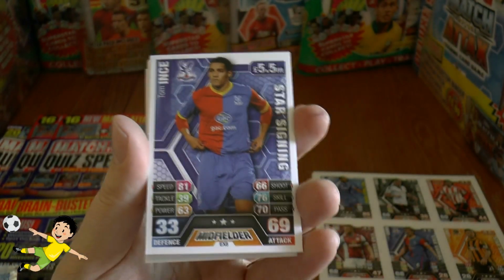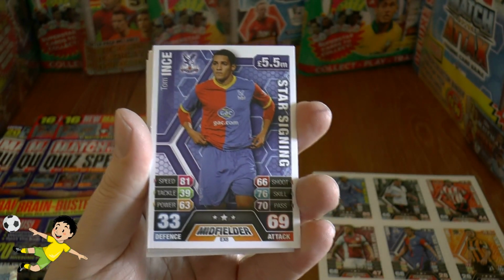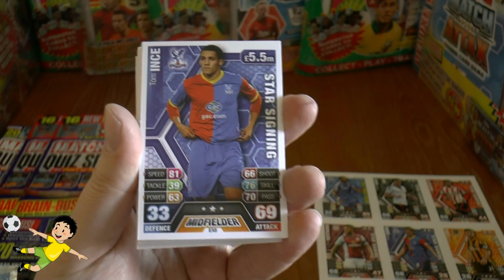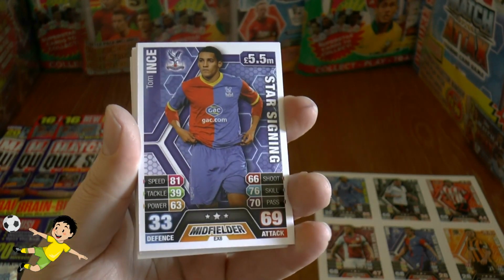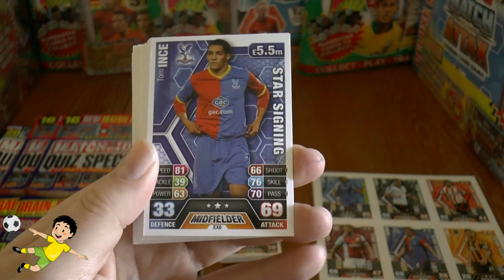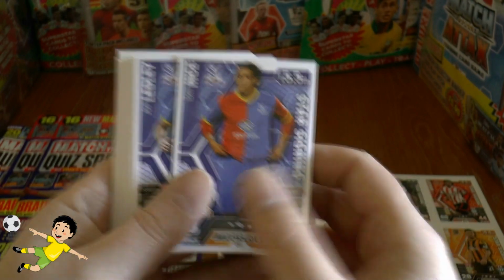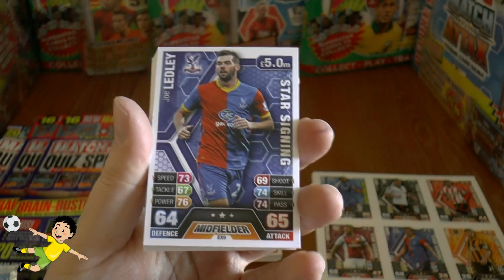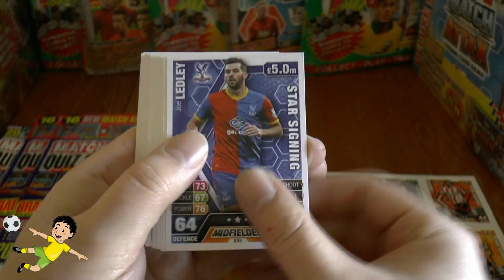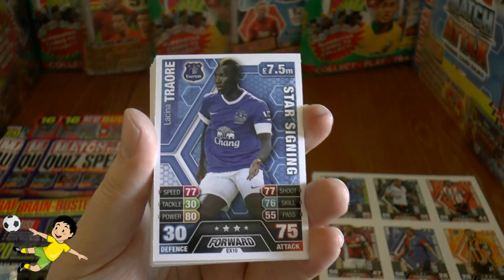And then Tom Ince, as I mentioned earlier, Paul Ince's son. He'll be moving on a free transfer as his contract runs out, he's only on loan at Palace. They paid £1 million for that loan for 6 months, a lot of money. He's EX8, he's looking to move abroad at the moment, Tom Ince, with a massive payday. Then you have EX9 Jong Ledley, star signing, followed by the old Monaco reserve striker, very tall striker,